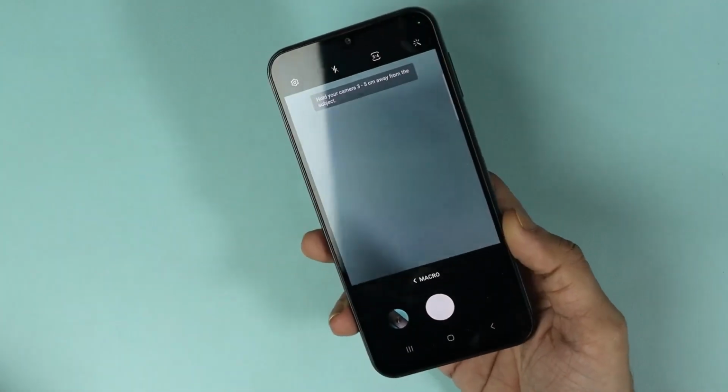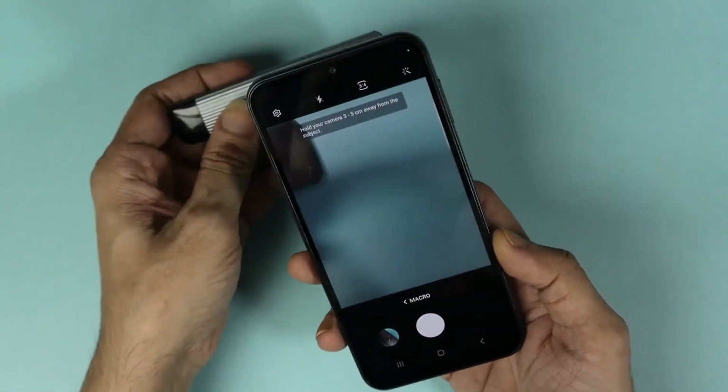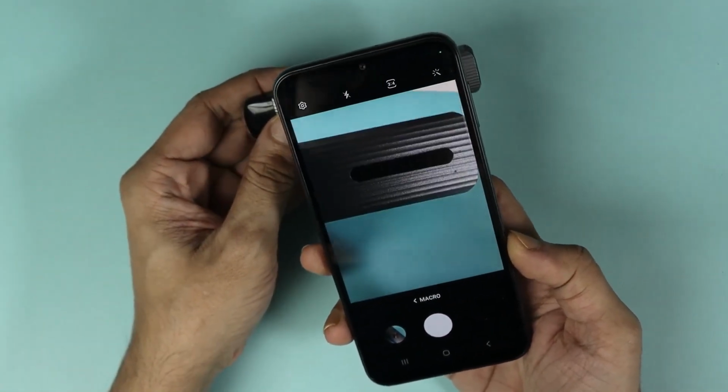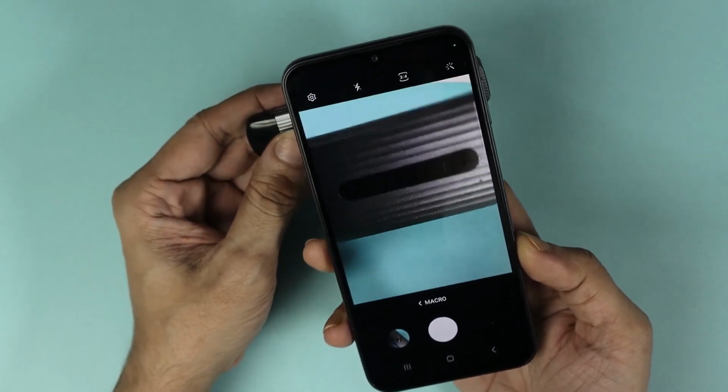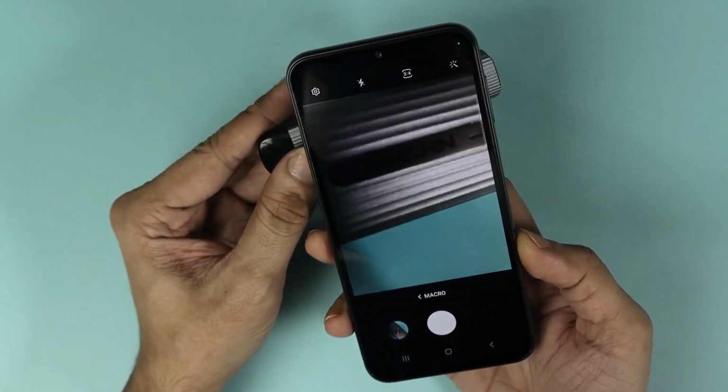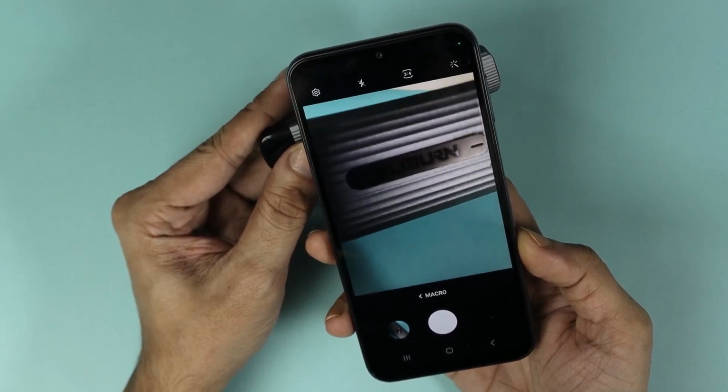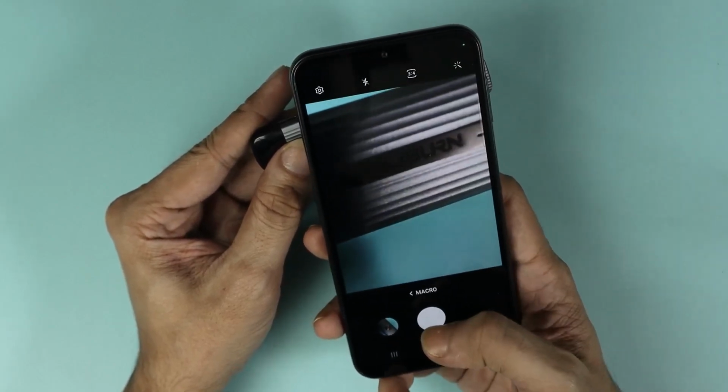Now all you have to do is check your object and then put it under the camera lens, and as you can see here we can get really close to the object and then we can capture all the details. So let me take a photo,